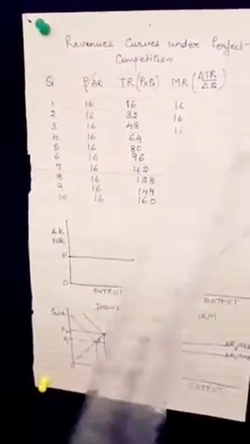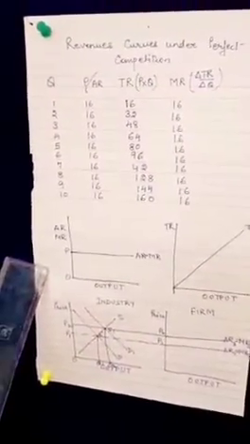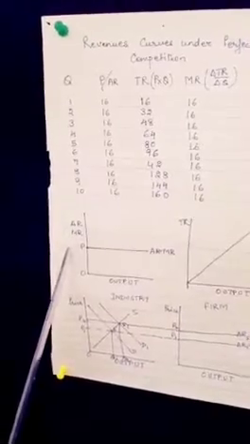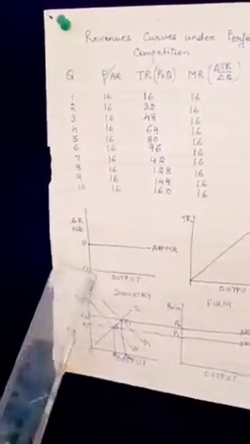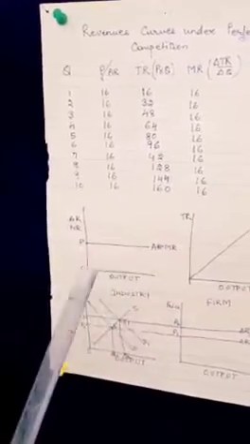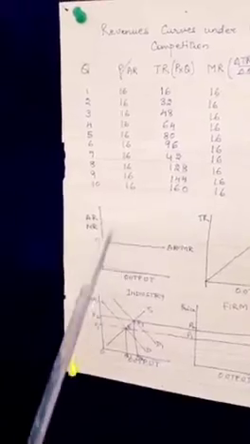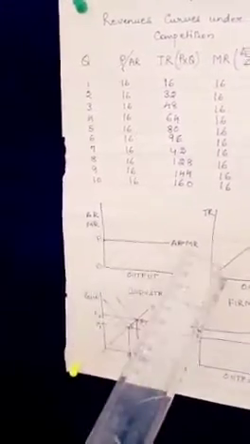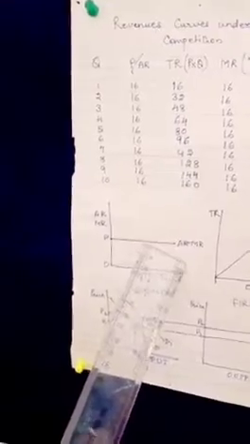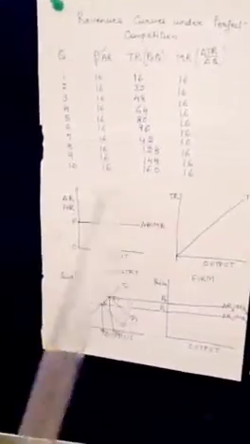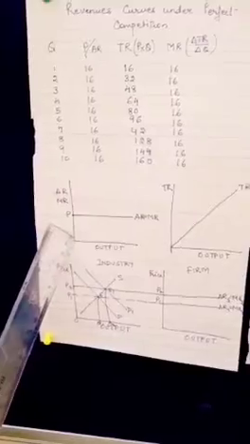And on this basis, when we make the diagram, we see that on the x-axis there is output and on the y-axis there is average revenue and marginal revenue. So at various output levels, the price is constant at 16. So here the price is 16, or AR is 16. And MR is also coinciding with AR because by selling an additional unit you obtain only 16. Therefore, AR is equal to MR under perfect competition.